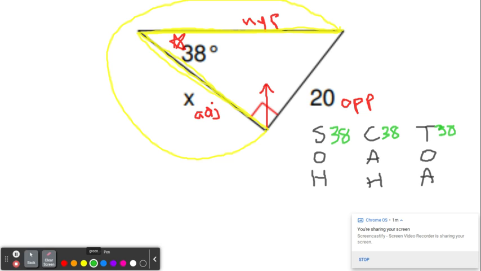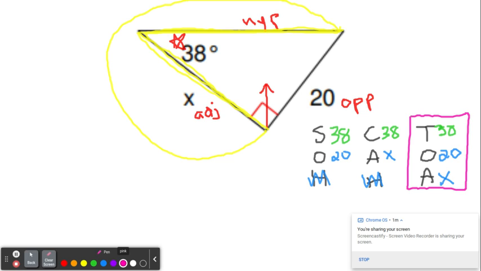Opposite we discovered was 20, so that goes with O and with O. Adjacent is what we're looking for, so that's x, and the hypotenuse is the one that's blank, so we don't need it. Based on all this information, I can see that this is a tangent problem. So T 38 stands for tangent 38